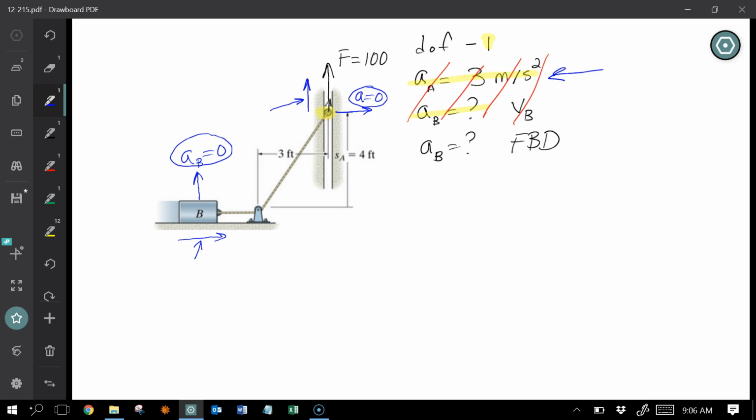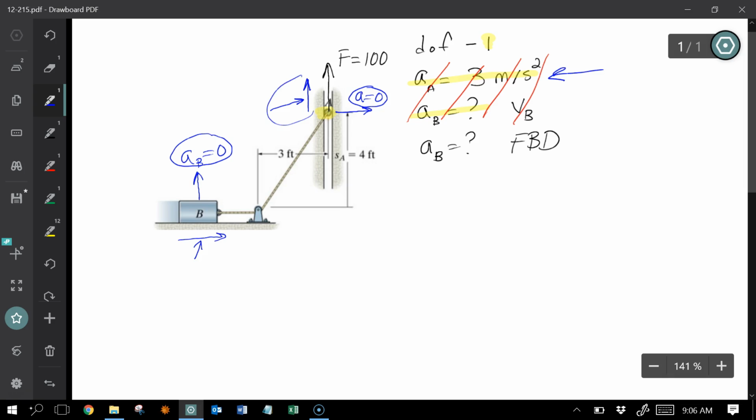So in this case, if you don't give me either this one or this one, something along the direction, there's no way you can solve it. You're going to have to do a free body diagram. Okay. The other thing that you could be asked for occasionally is they could say, they'll give you 1 degree